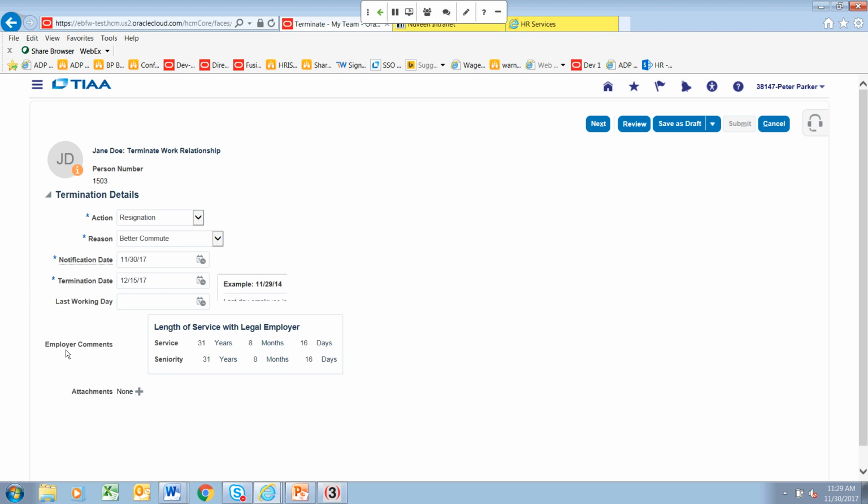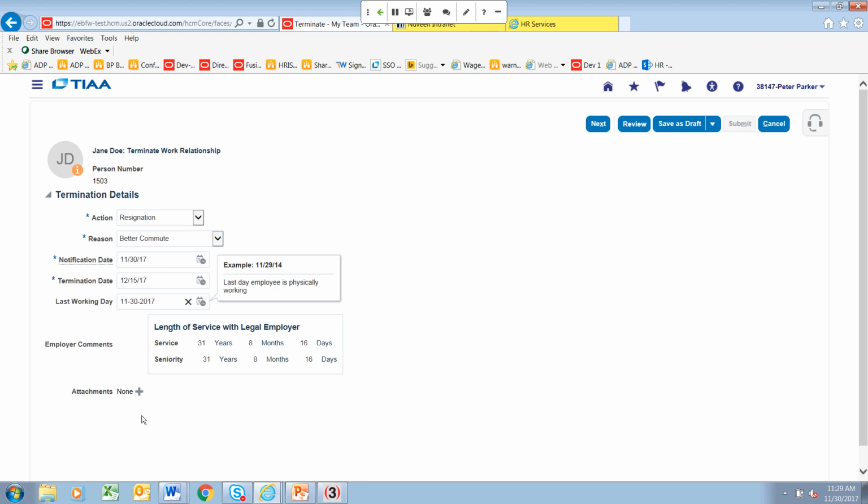And if you agree that she should work until her last day, then you would put that date of 12/15 here in this field as well. Now let's say you work in a highly sensitive area and there is a business need for all terminations to be let go today, but pay them through that 12/15 date. You would put in today's date. Oops, I'm so sorry. Put today's date in this field.